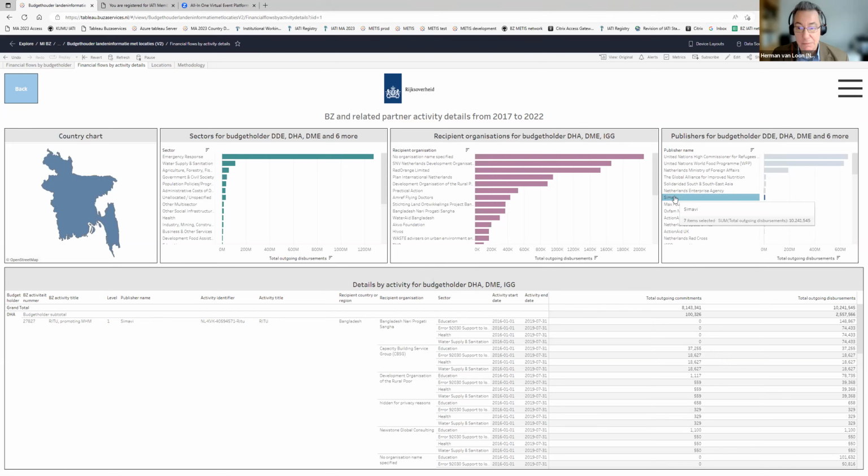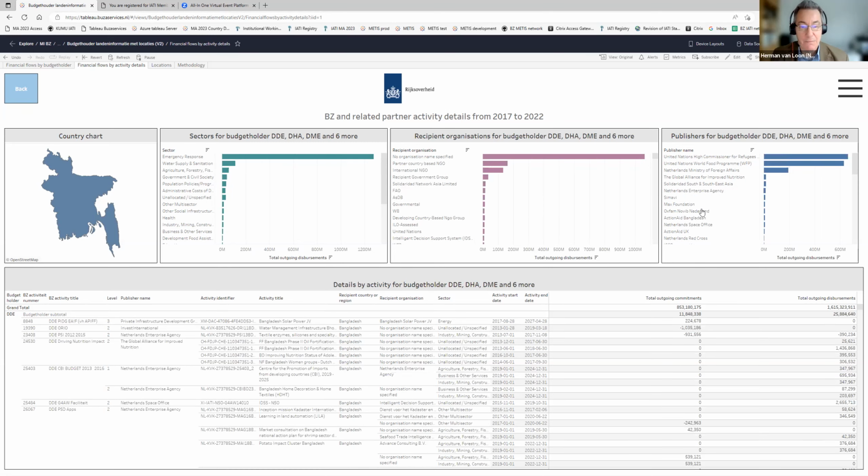There's a question also in the chat. Is this an internal dashboard? Yes, it is, because there's one vital part of this data that doesn't come from IATI, but from our own systems. And that's not checked for sensitive data. So we cannot publish this specific one outside of the ministry because we work in human rights a lot and in sensitive topics. And we don't want to, of course, endanger our partners. But it might be worth looking into if this is externally possible in some other way.